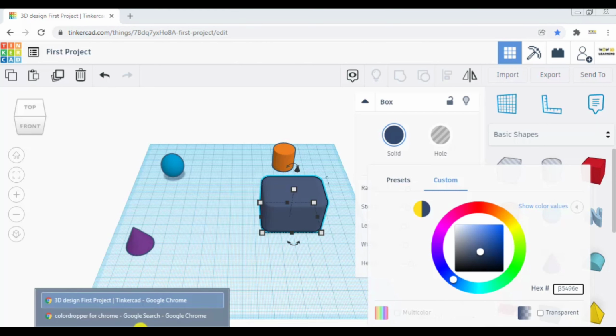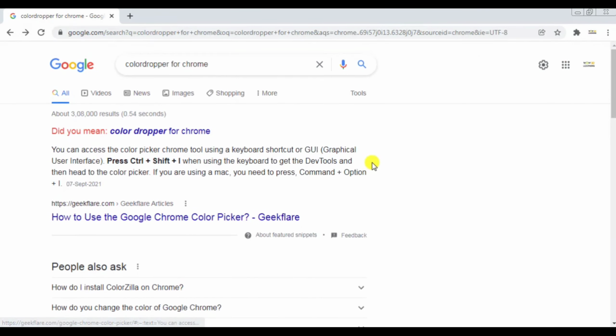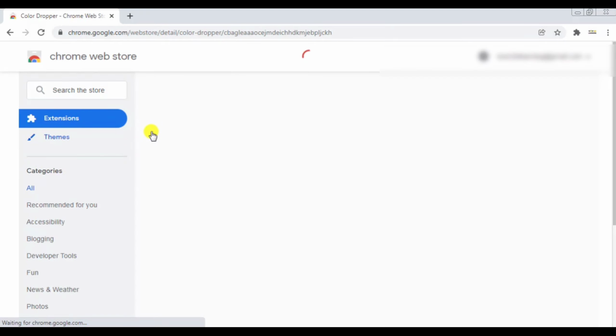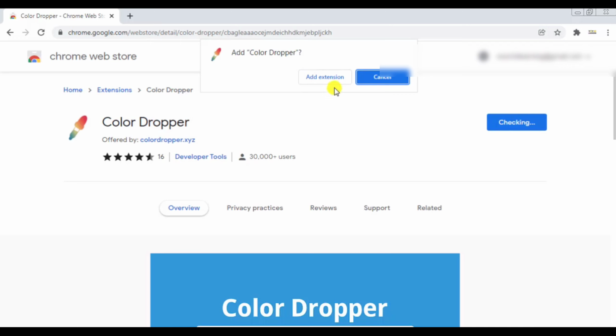If you go to your Google Chrome search bar and search for color dropper for Chrome and click on this link, I will share this in the description box below. Here if you press add to Chrome and add extension, this extension will be automatically added to Chrome.